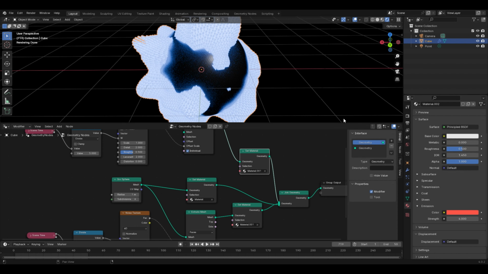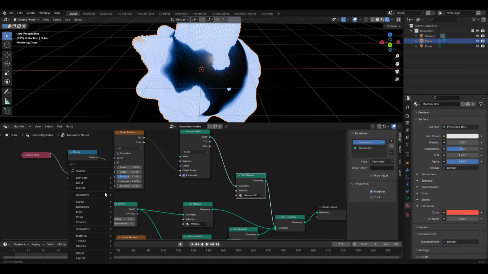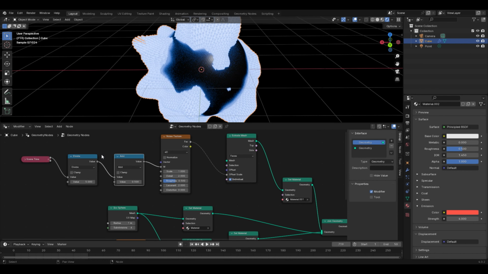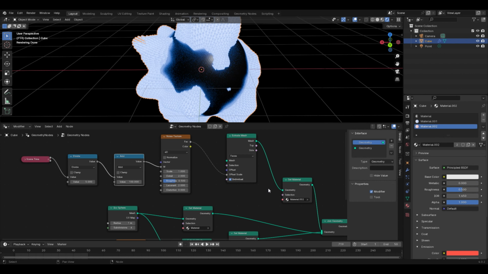And now you see it's got the same thing as it was before, and that's because we have it in the same position. It's the same noise texture that was used. But if I add another math node, and just throw it in there, and I'm just adding frames, I'll add 100, and I'll set the material to there, material 2, and it's not appearing